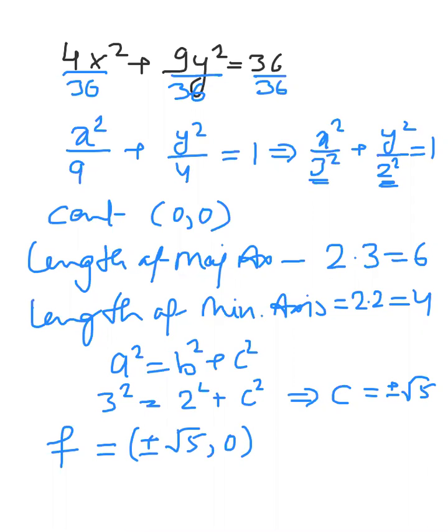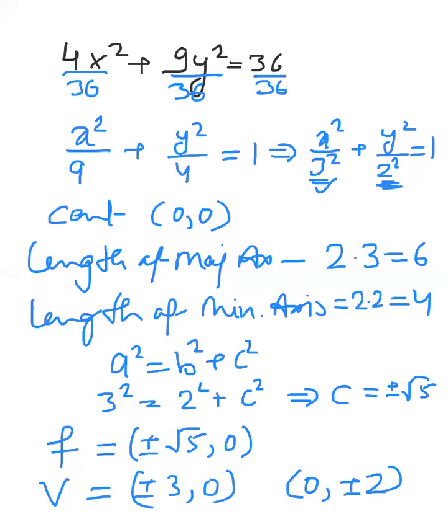Now coordinates of the vertex. Vertex coordinates on the x-axis, the major axis, will be (±a, 0), that is (±3, 0). For the minor axis, it will be (0, ±b), that is (0, ±2). Then it comes to